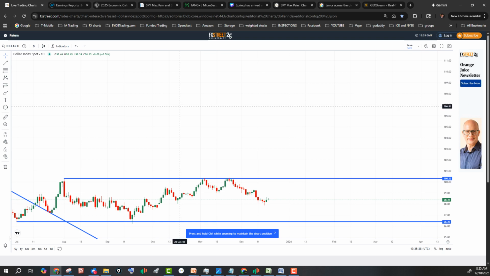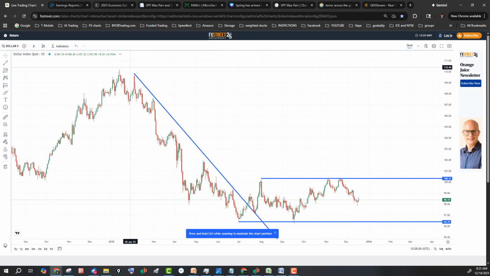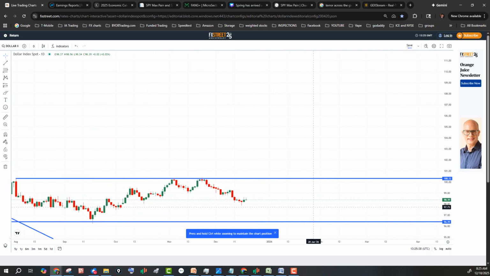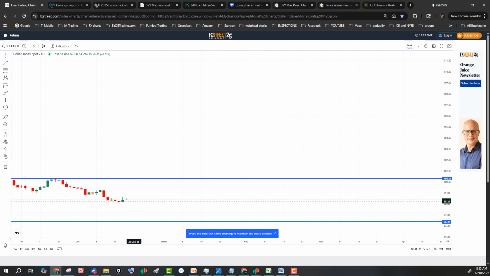We're off with the dollar. Dollar in a big bear flag, move down. Here's the 2025 high down here. Then a bear flag over to consolidate over to the right. Yesterday's candle is this green one where we finished right up here, right about